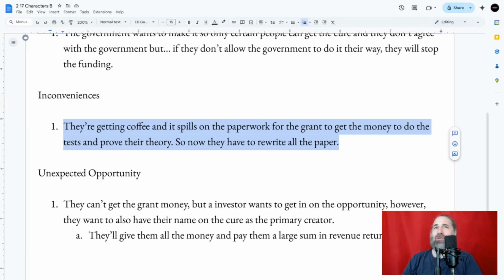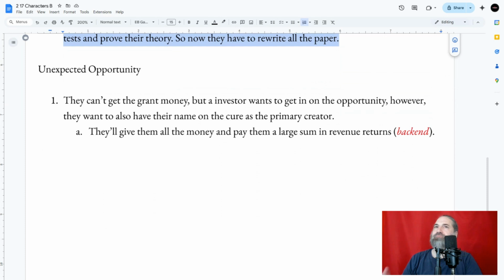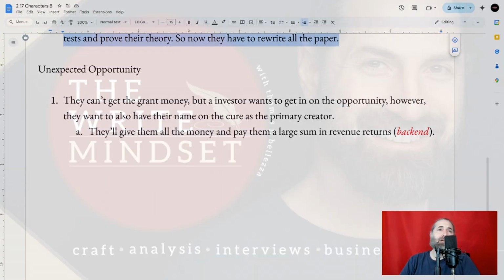But it says a lot about who they are. And the same thing with the unexpected scenario. So, with that said,